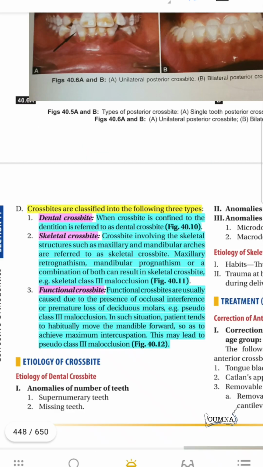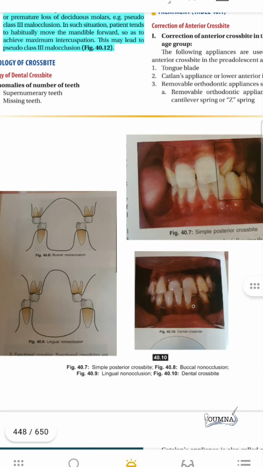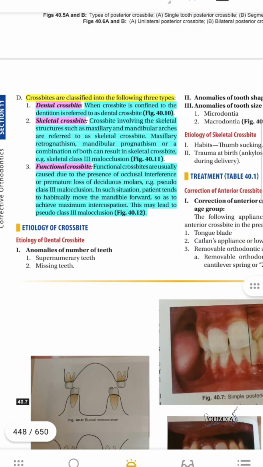There are three types of crossbite. The dental crossbite, when it is confined to the dentition, like this one. The skeletal crossbite involves skeletal structures of the maxillary and mandibular arches, whether the maxilla is retrognathic or the mandible is prognathic. This means the relationship of class 3 malocclusion,